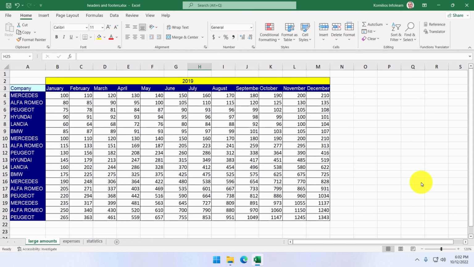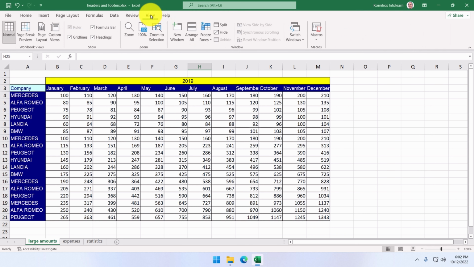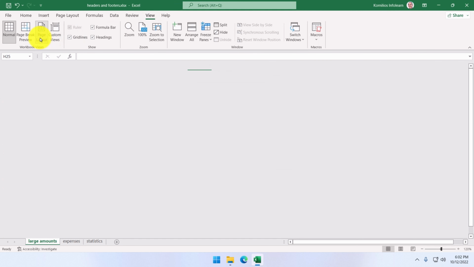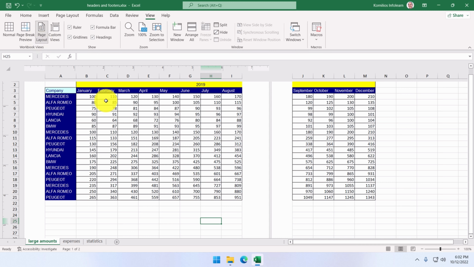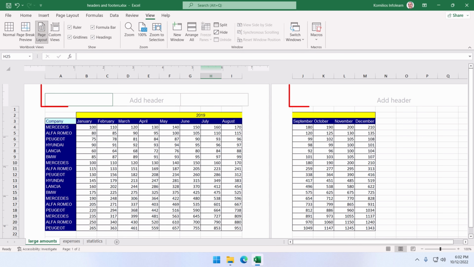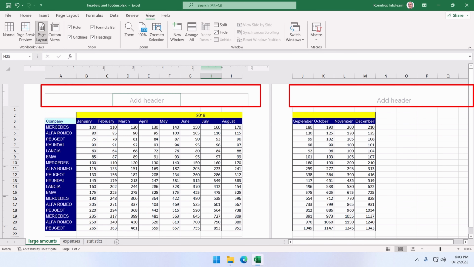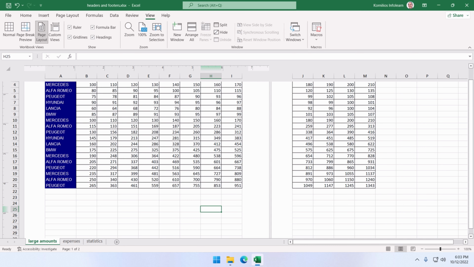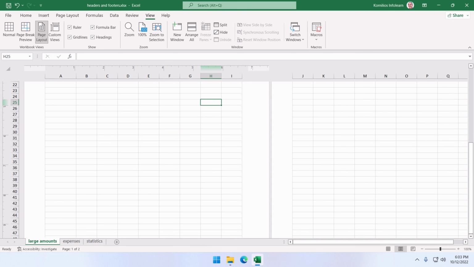Next, we will see how to create page headers and footers. A little reminder here, from the View tab of the ribbon, we can switch to the Page Layout view so that our headers and footers appear on our screen. A header is the top part of a page, and a footer is the bottom part